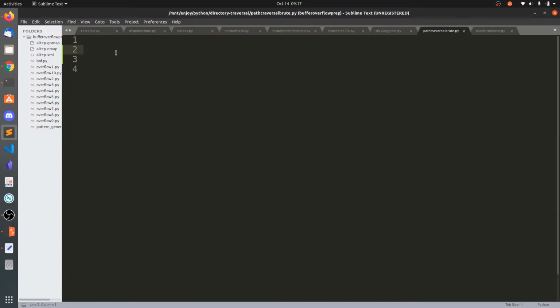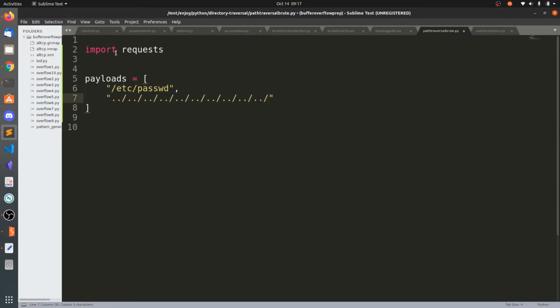What I'm going to do is build these payloads. The first one is /etc/passwd, the normal absolute path. In the first case, we traveled up directories and visited passwd. So you can put the payloads here.